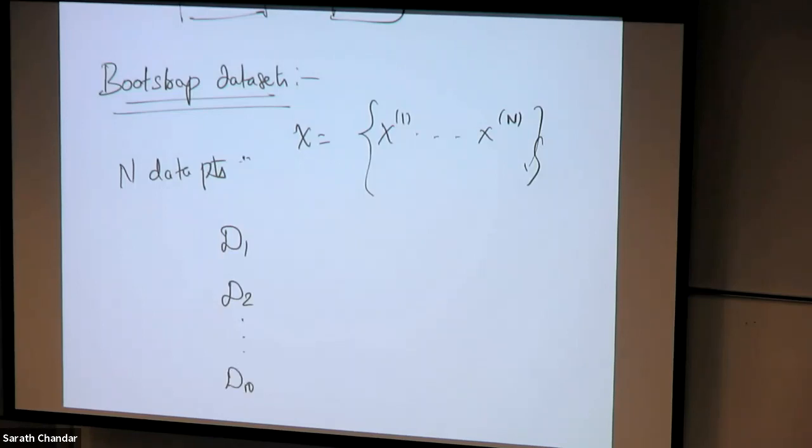Let's just call this data, capital D, just the data set. I can actually create 10 different data sets of the same size, capital N, by sampling with replacement. Imagine data set 1, for simplicity, with only 10 data points. Data set 1 samples 10 entries with replacement, so the first sample could be x2, the second x5, the third x2 again, the fourth x7,